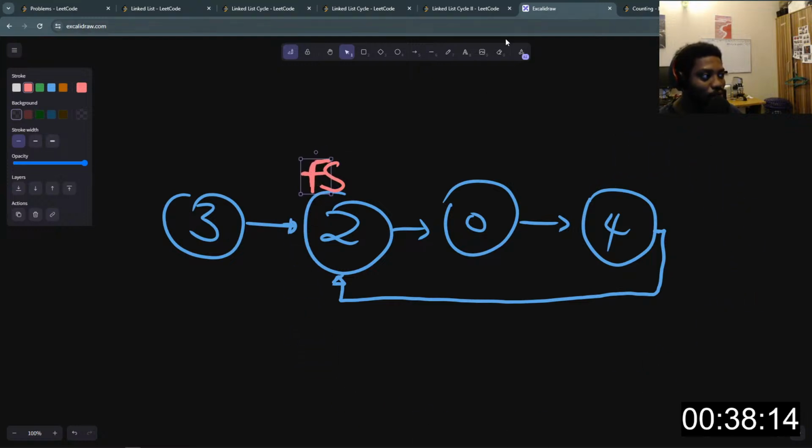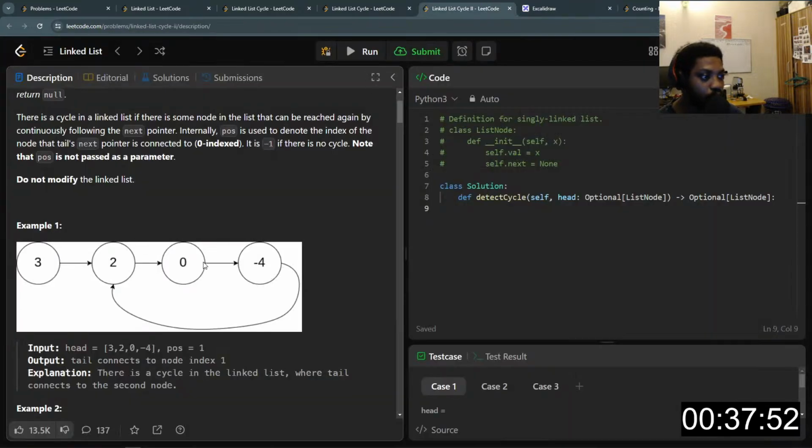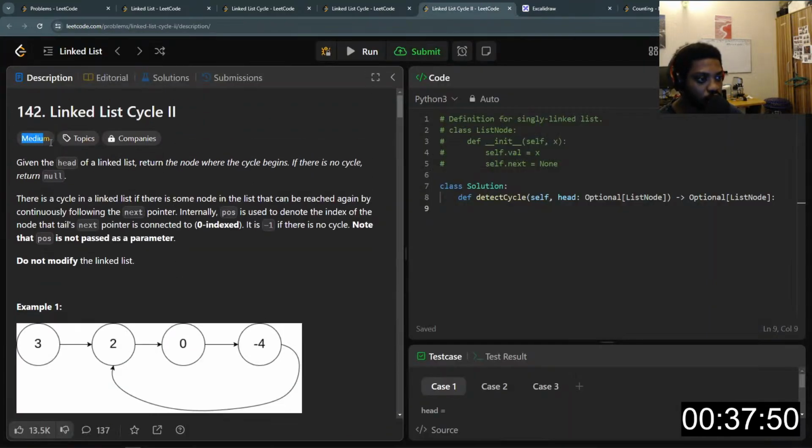So the cycle began at this point, right? We can conclude that the cycle began at this point, and we can return either the slow pointer or the fast pointer, whichever, because they will both meet at the same position. Whichever you choose to return is fine, right? That will be the answer of this problem, and it's a medium question, which is a really good question to solve. So I'm just going to go ahead and try and implement this quickly for you guys to